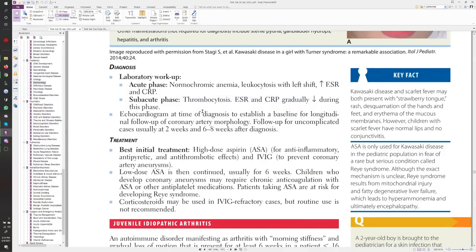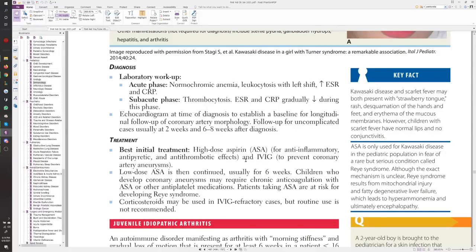Echo at the time of diagnosis is necessary to establish baseline for longitudinal follow-up. You need to see exactly how the heart is doing when this patient came in to see how that progresses, if it's getting better or not. Follow-up for uncomplicated cases is usually at 2 weeks and 6 to 8 weeks after diagnosis to check for the chronic version. Best treatment is high-dose aspirin for the anti-inflammatory, antipyretic, and antithrombotic effects it brings, and IVIG to prevent coronary